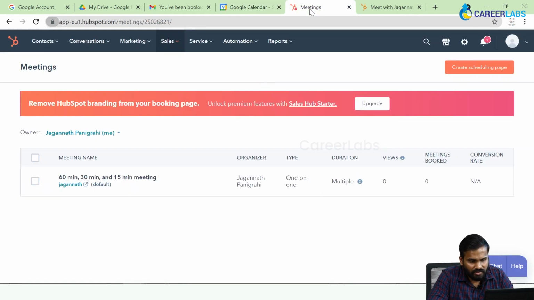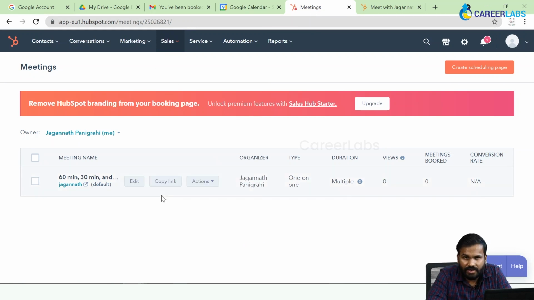So the way this helps is that in the absence of a meeting link, typically you would have a lot of back and forth conversation wherein you suggest some time, Jeevak says he's not free at that time, then he suggests some other time, you figure out you're not free at that time. So there is at least a back and forth of say 2 or 3 emails or calls here and there to figure out a common time that works for both of you.